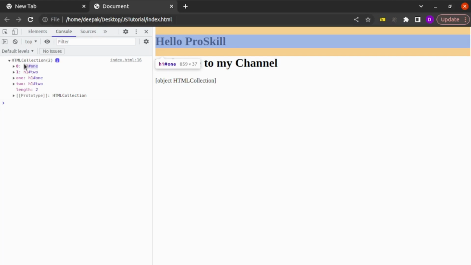The length is 2. If we will expand this, it will show all the properties of that particular element. So inside that particular element h1 is all the properties which we have, where we are able to access